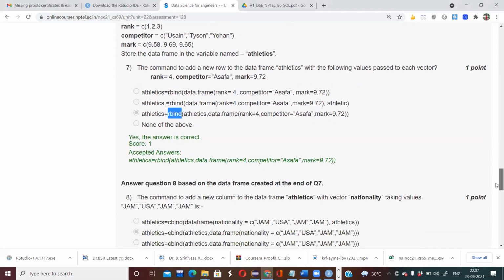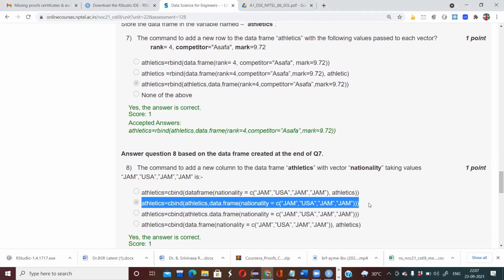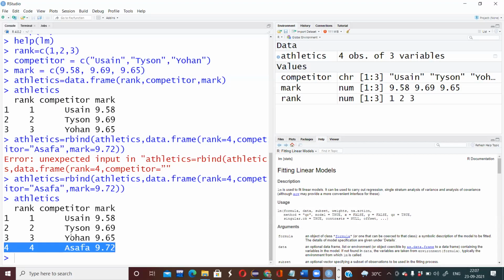Okay. Then they are saying the command to add a new column to the data frame. So how can you add a new column? With the cbind command. Okay. So let's just paste here.